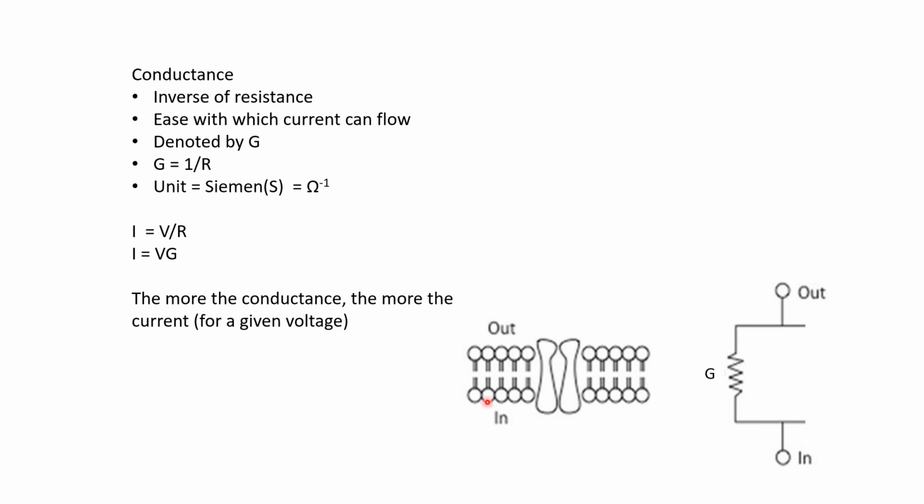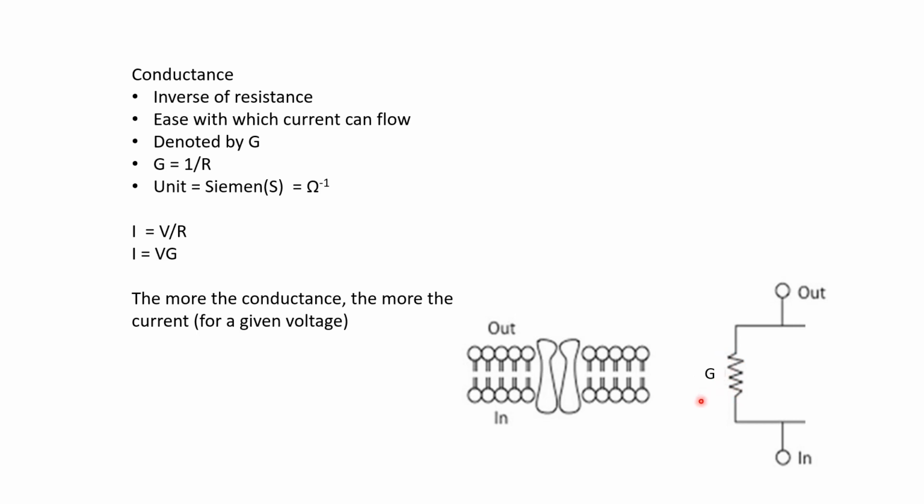In the case of our neuronal membrane, we have a certain potential difference inside relative to outside, and the current can flow through these ion channels. So these ion channels can also be described in terms of their conductance. If the conductance of these ion channels is more, then we will see more current flowing through the neuron.